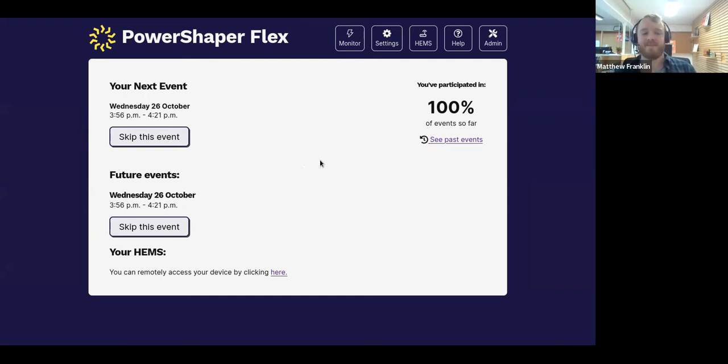So when it comes to the HEMS, this is something that's new, and some people who have already perhaps been using the HEMS might not have been familiar with or been using this. We are still testing this, so do let us know if you find it confusing or run into any issues on it. But at the top here now, there should be a HEMS button, and it's also down here. And if you click on this,